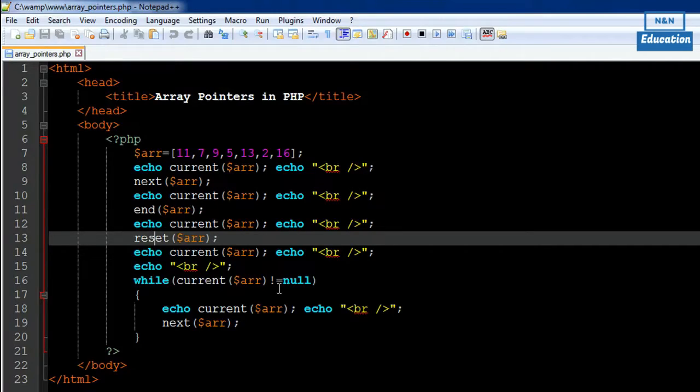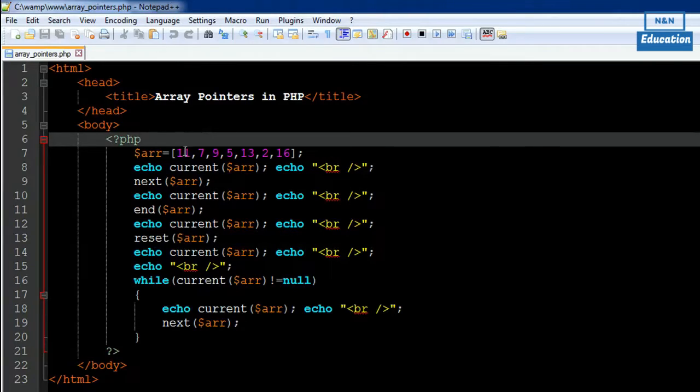So what is going to be the condition of your while loop? Remember, the while loop iterates over something till the time a condition evaluates to true. As soon as the condition evaluates to false, the while loop stops its execution. So we're going to use the current function within the test condition, and we're going to check whether the value that the current function is going to return is not equal to null or not. And when it becomes equal to null, this condition is going to fail, and we'll stop executing. So we're going to start with 11, and then we're going to move to 7, then 9, 5, and so forth. And when we get to 16 and we use the next function,